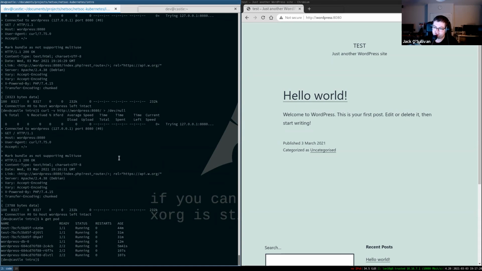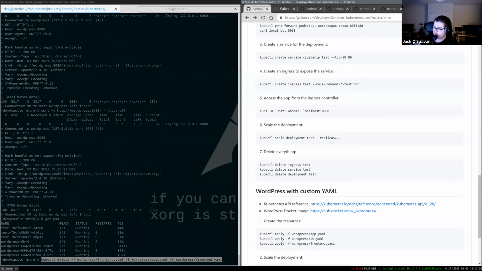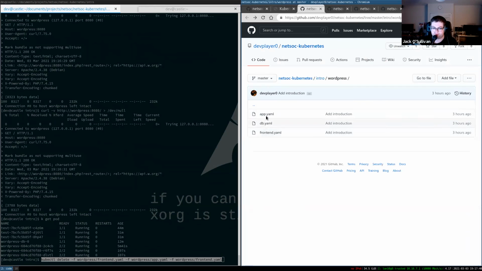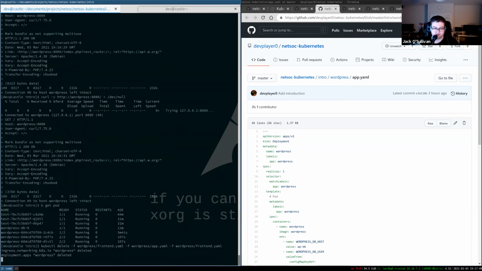So then what I can actually do is to delete everything. I can use this command here. And you notice I'm using the YAMLs, and basically Kubernetes will use the names. It'll match on the names. If I just pull back my old window here, it'll match on the namespace and the name and the metadata here to find out what it needs to delete from these. So if I do k delete,